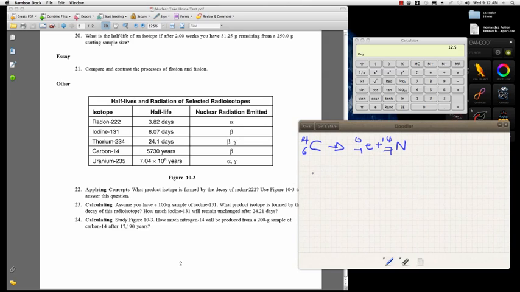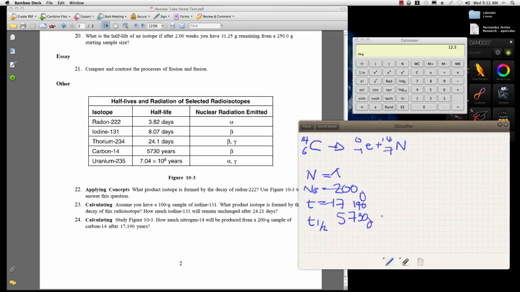Now moving on to the half-life problem. This one takes a slight twist. You're looking for N. N is going to be our X. The original amount is equal to 200 grams. Time expired is 17,190. The half-life, which if you look on the chart again, is given as